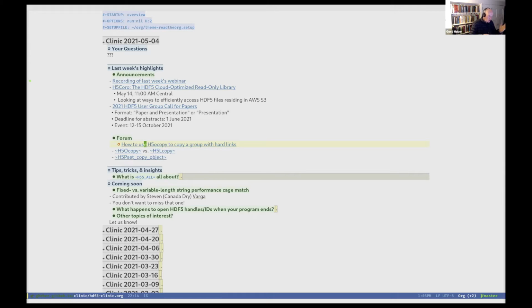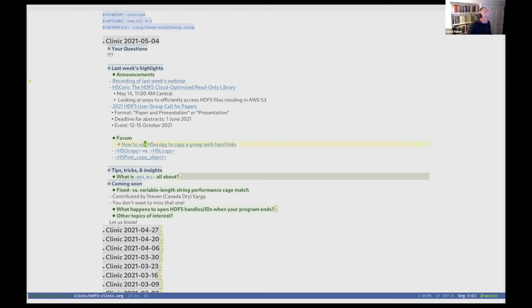The goal of H5Lcopy, of course, is to really just copy that link. When you want to copy a link, you want to copy a link. You don't want to copy the object. So I think we need to help that user with that.